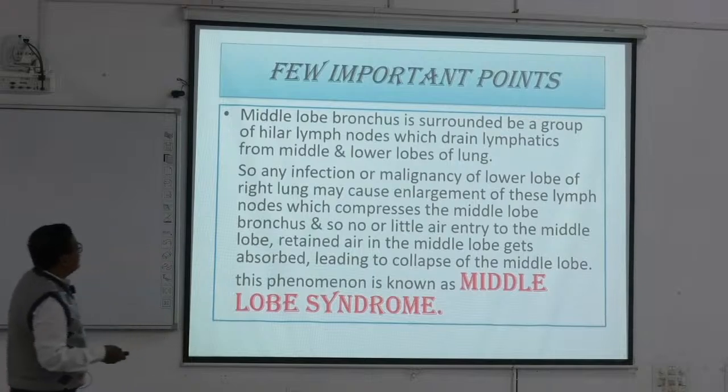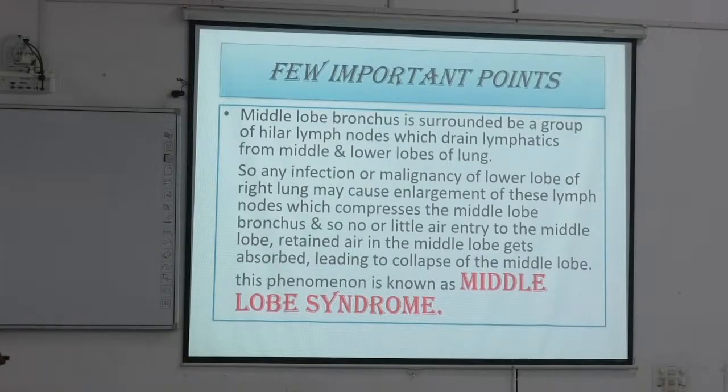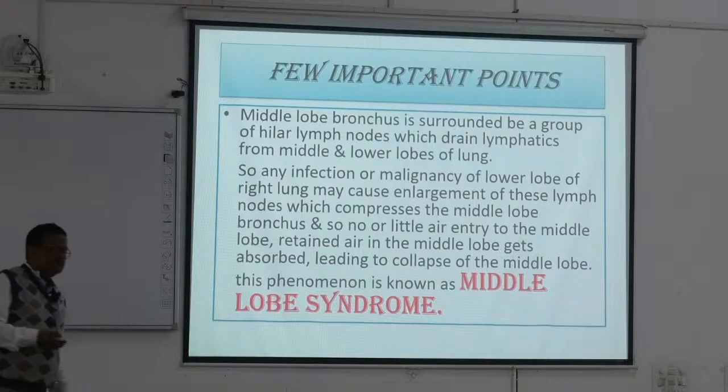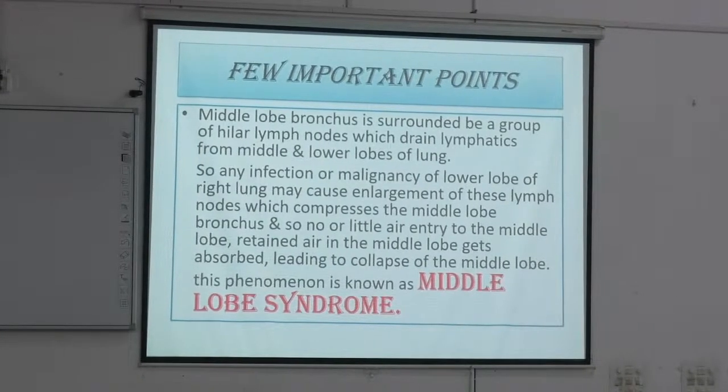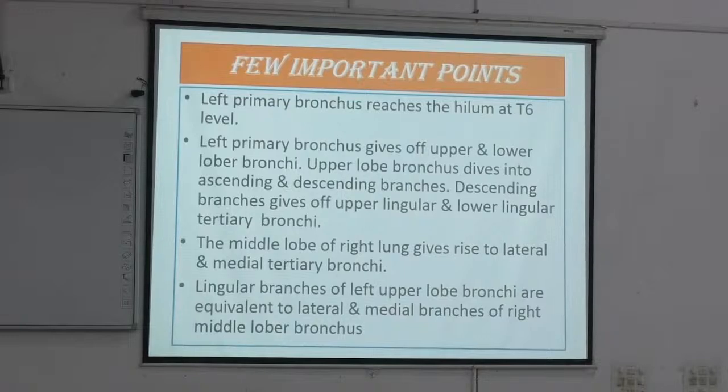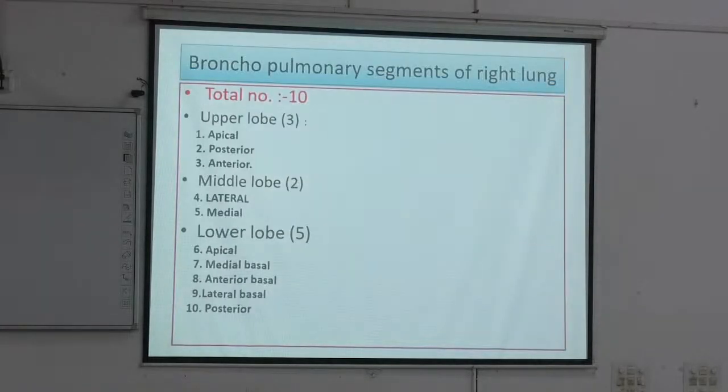Middle lobe bronchus is surrounded by a group of hilar lymph nodes which drain lymphatics from middle and lower lobes of the lung. So any infection or malignancy of lower lobe right lung may cause enlargement of this node, which compresses the middle lobe. বুঝতে পারছো কি এটা? এত লাগবে না তোমাদের, ছেড়ে দাও। মিডল লোব সিনড্রোম, এত লাগবে না, ও প্রচুর আছে।